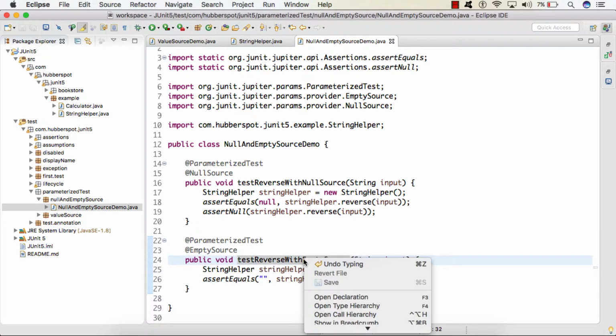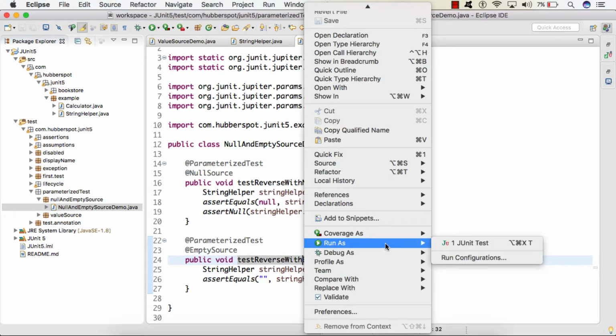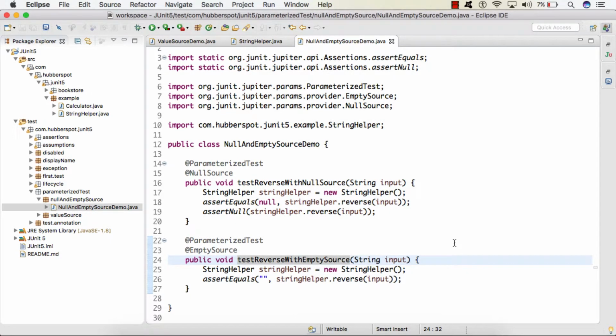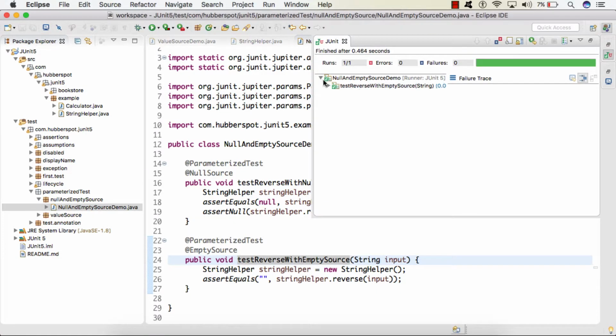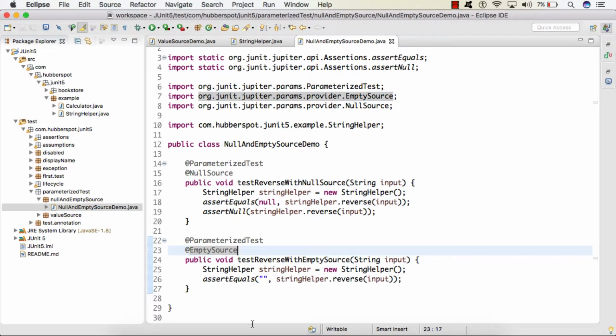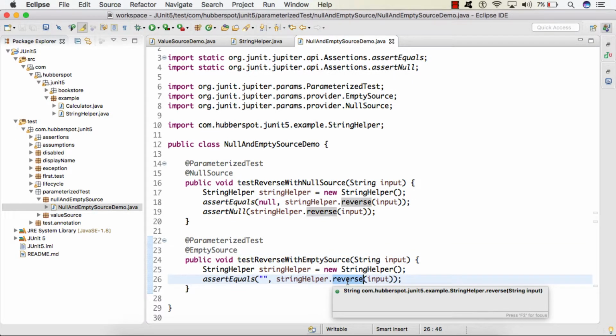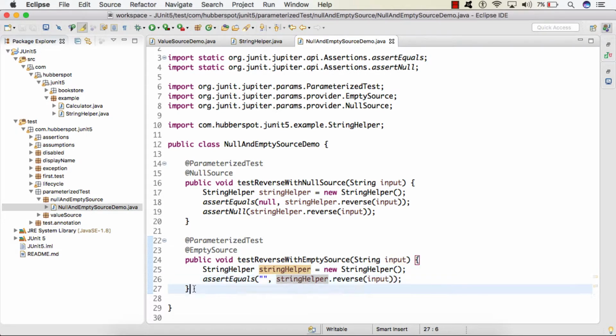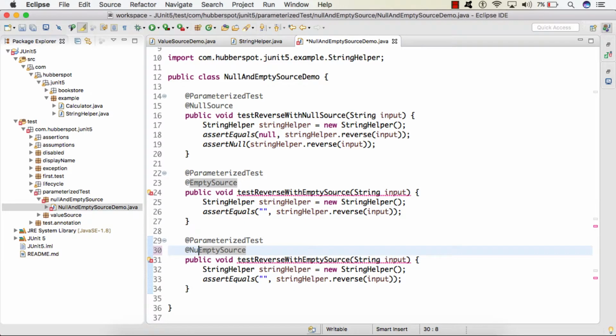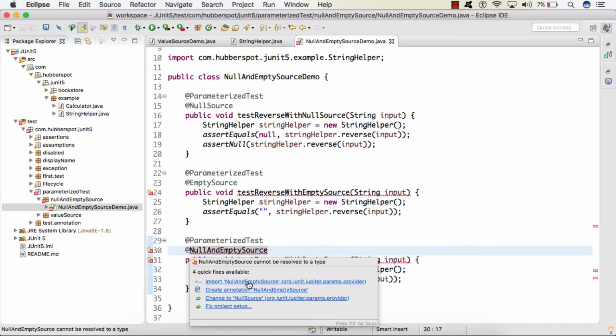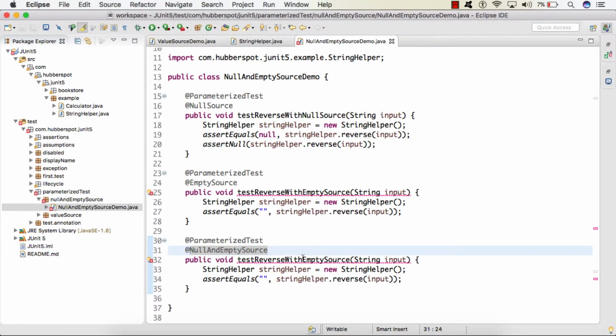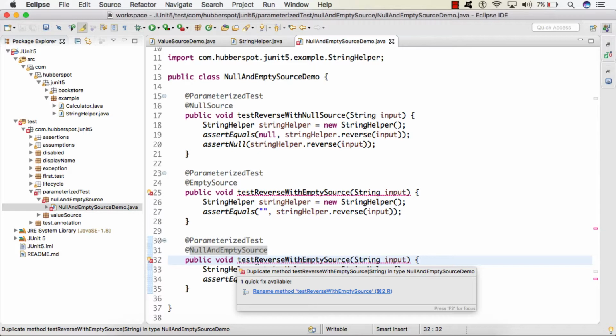So if I run the test case now, so you can see the test case got executed successfully because it passed an empty value, and when we called the reverse method with empty value, we got the empty value back. So friends, now let's see the demonstration of null and empty source together. So we'll import NullAndEmptySource, and here I will give the test name as test reverse with